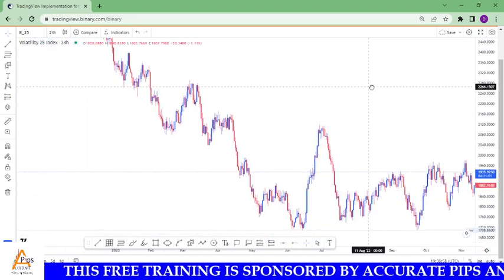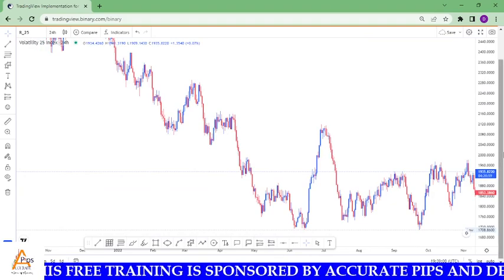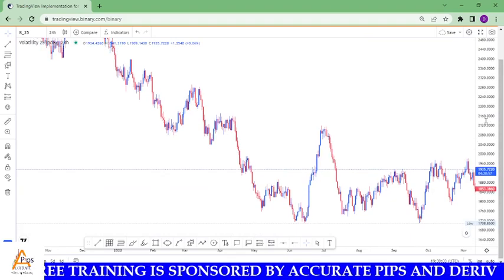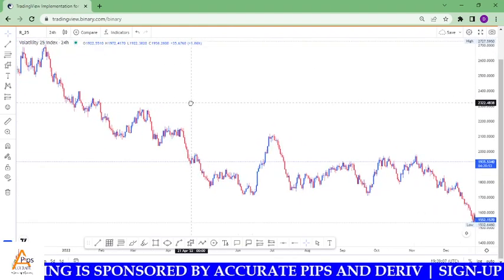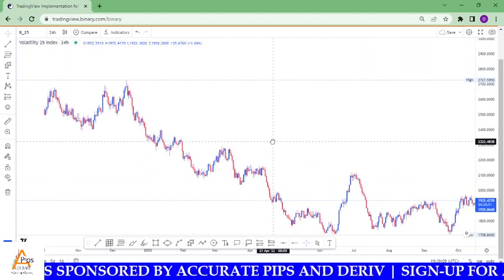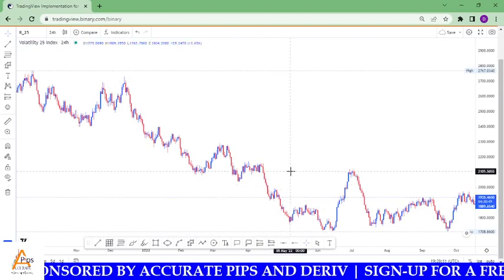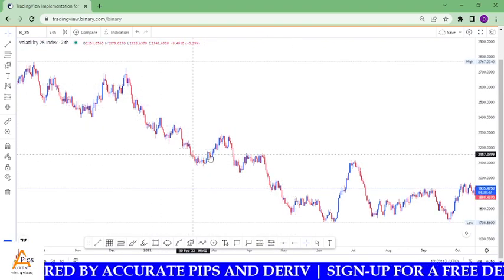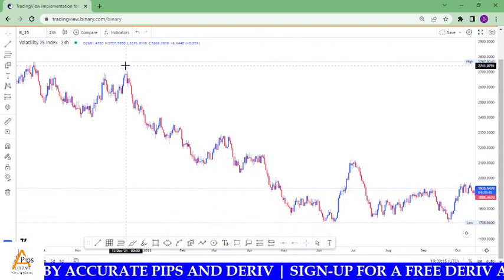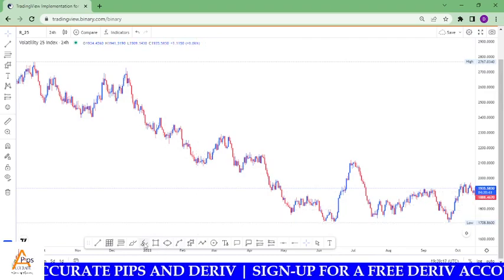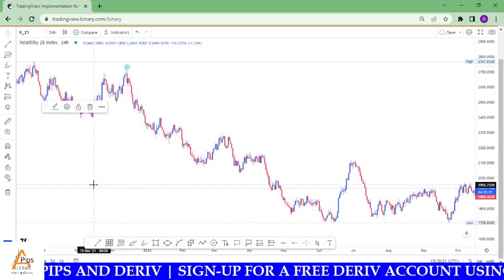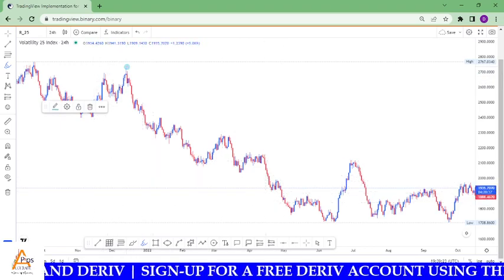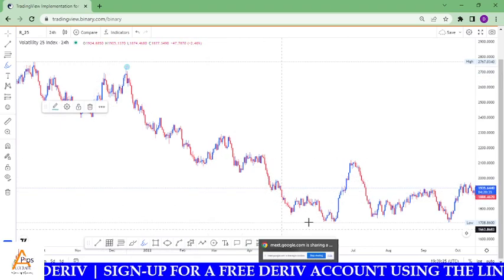So let's look at an example for the bearish. Let's say this market is coming down like this. Down, down, down, down, down, down, down. Okay, so let's just start from here using this example. So let's say this is our highest point. Then we now have to look for